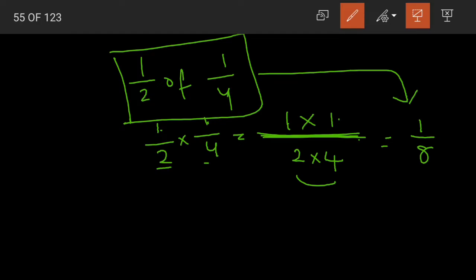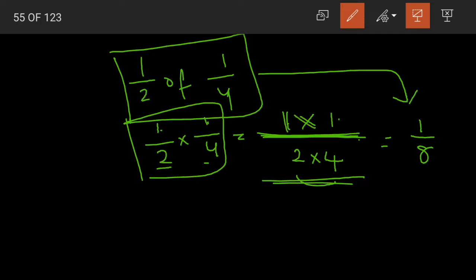Now why did I explain all that, Anil eating apple? That was to understand the concept of multiplication. And this is how we actually multiply two fractions. Multiply the numerators divided by again multiply the denominators. So 1 by 2 of 1 by 4 will be equal to 1 by 8.